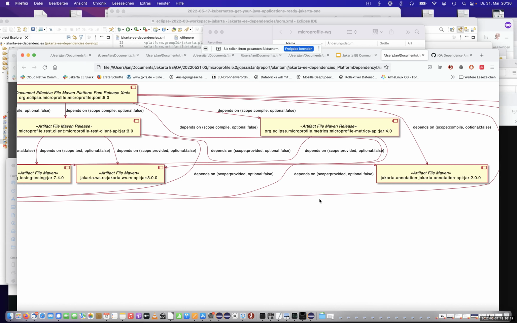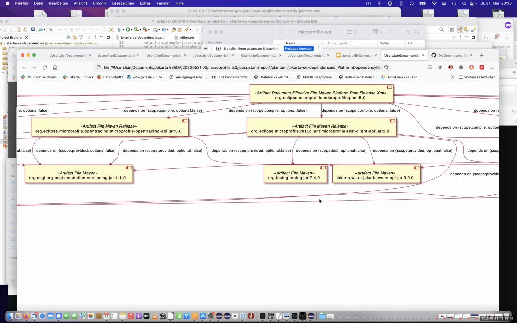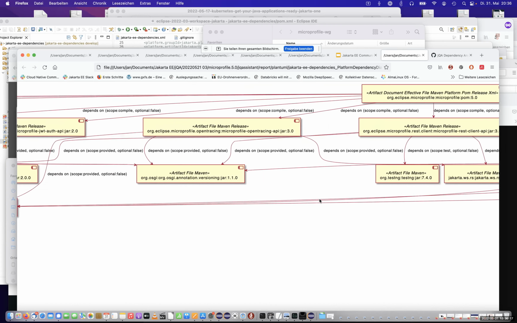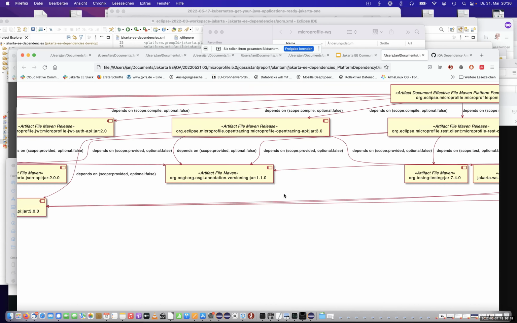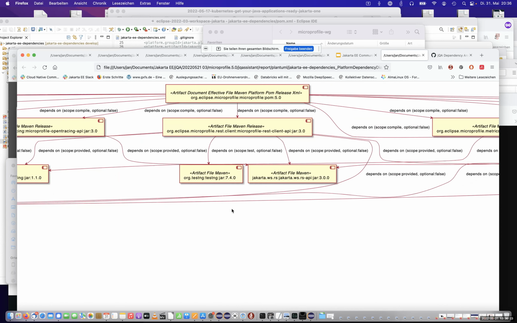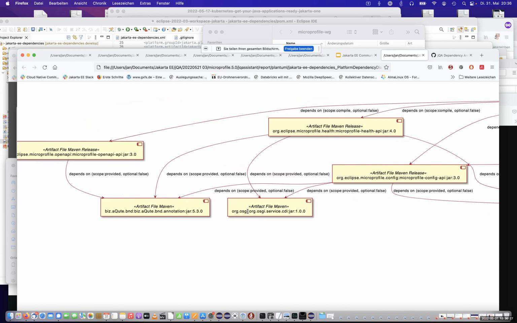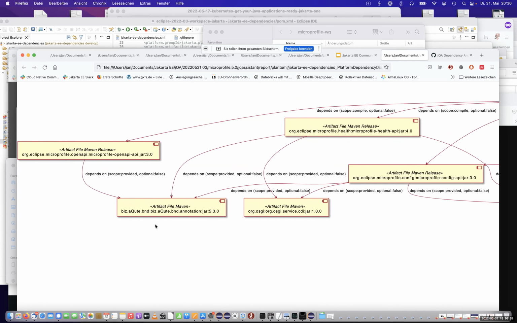So this is the API dependency, isn't it? Yes, these are API dependencies from MicroProfile specs to Jakarta EE specs and others. Like, for example, here we have the OSGi references. Yeah, that's Open API.